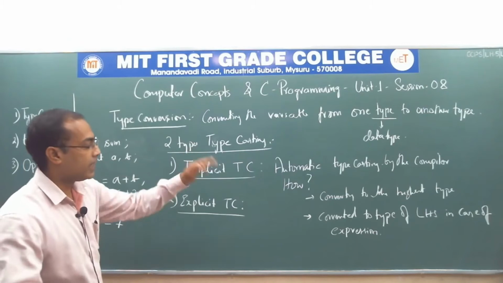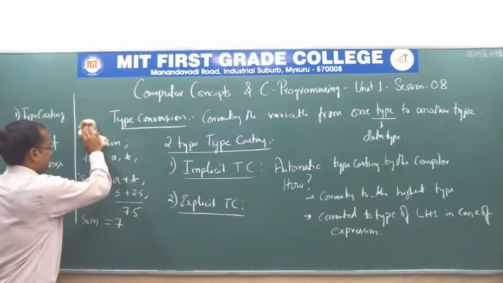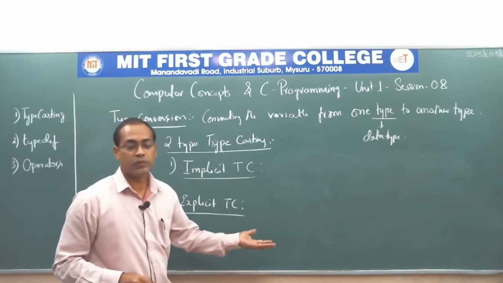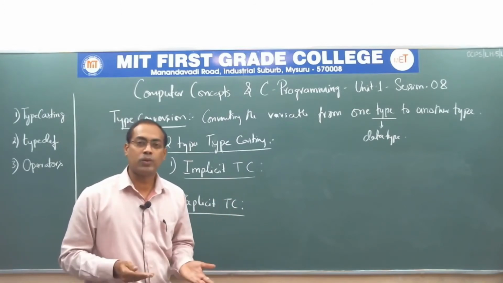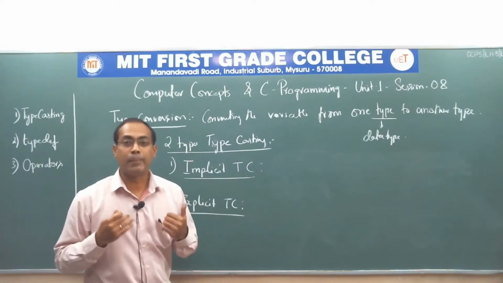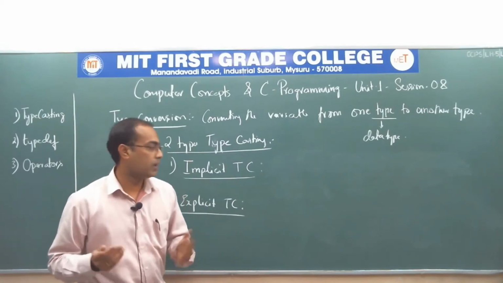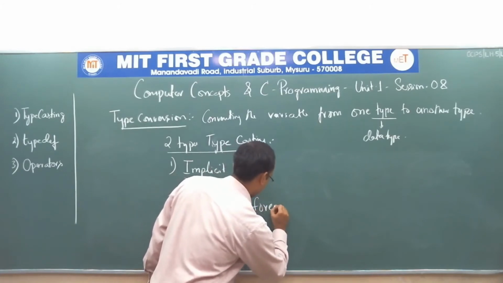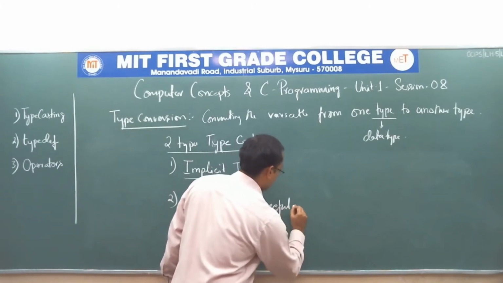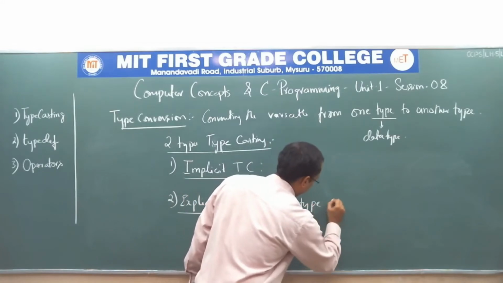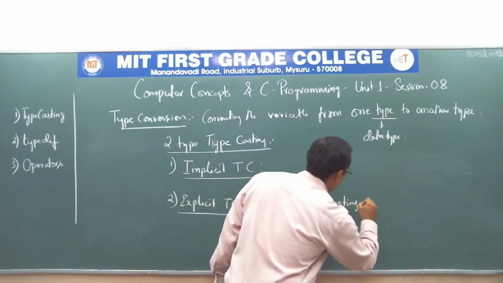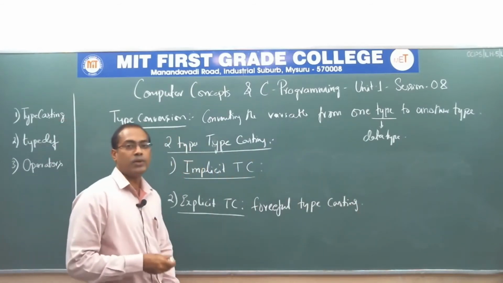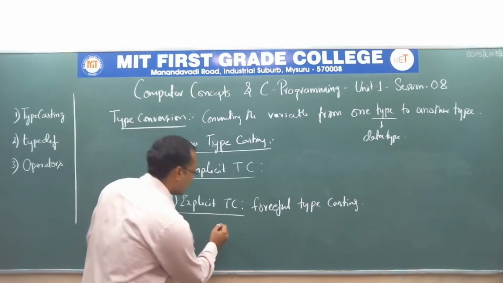Now we shall take explicit typecasting. Explicit typecasting is nothing but conversion made forcefully. Forcefully in the sense, who is going to do that? Forcefully is done by the programmer by writing a small command. So forceful typecasting is called as explicit typecasting. So for this you are going to write a small command. So the usage is like this.